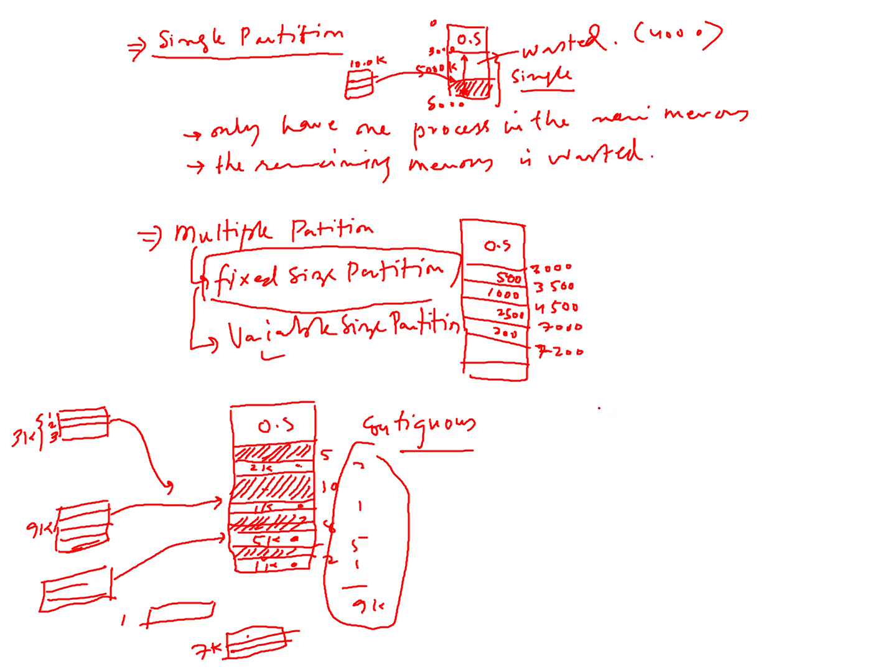Variable size of partition. Now what happens with variable size of partition is that we have the operating system, and then we don't actually have any partition here. For example, this is the whole operating system. Now we don't have any partition here. If a 2k process comes here, it will be allocated here. Now next, if another process comes,